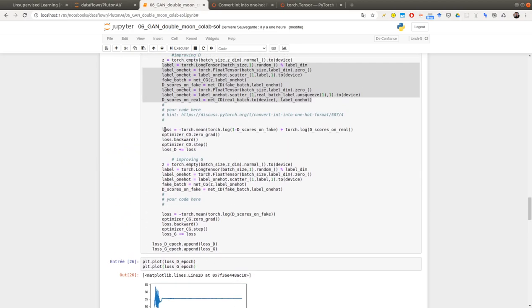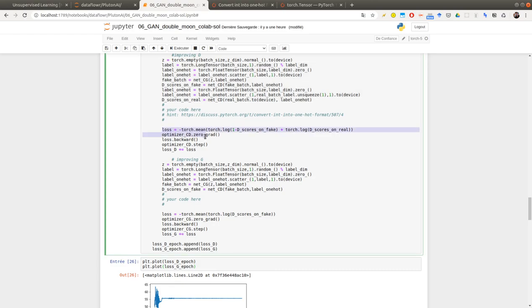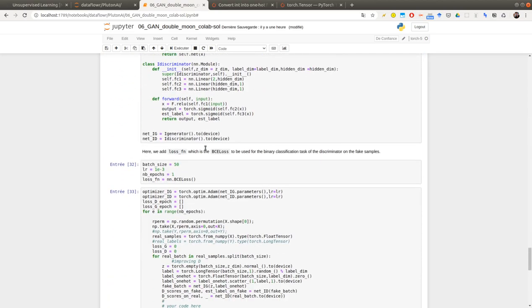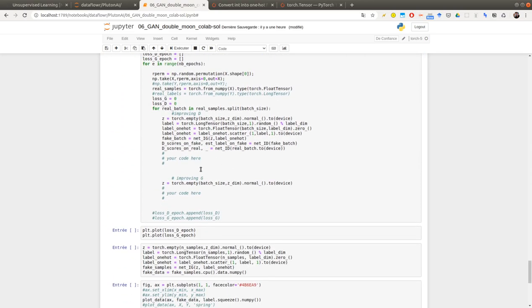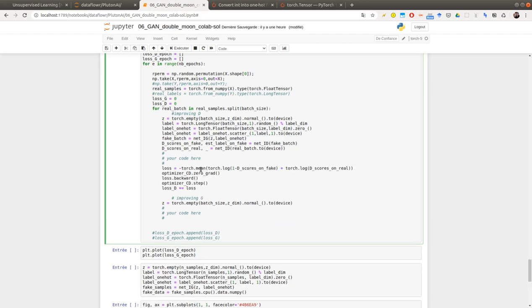So the first one, I can probably copy and paste this. So the first term, I will not modify it, because this is exactly the same thing as before. This is my estimate of being fake or real.